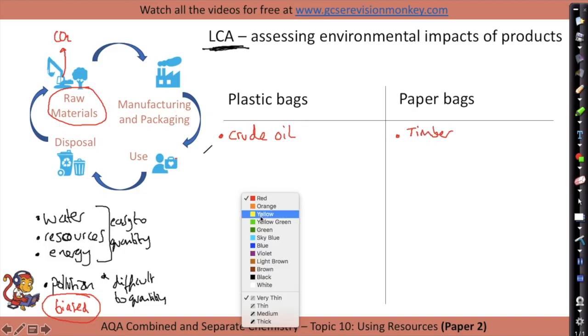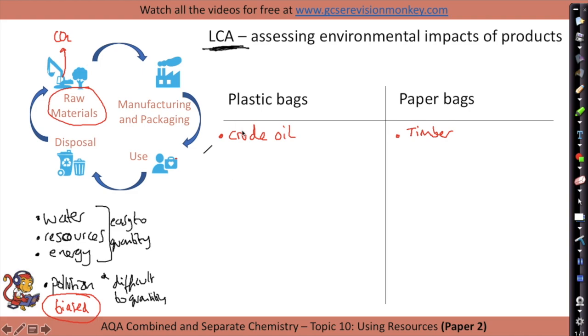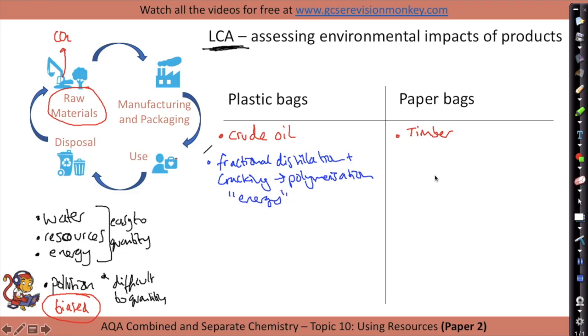For the manufacturing and the packaging, well, the plastic bag has got to go through a number of different processes, including fractional distillation and cracking, and then polymerization, which makes the polymer. So a lot of processes here involving a lot of energy to produce the product, whereas the paper bag is